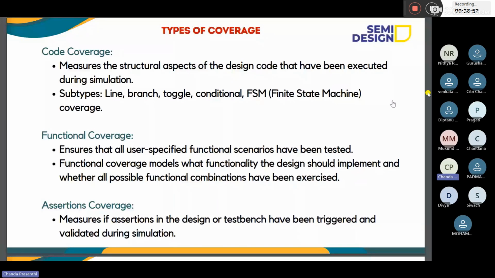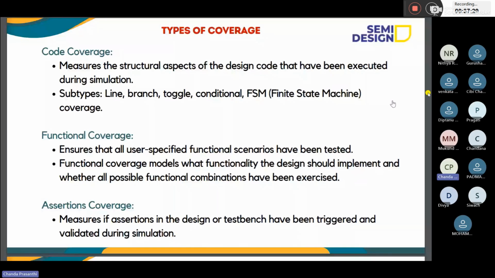Code coverage is mostly used by RTL design engineers to measure structural coverage like branch, conditions, if else statements, case, FSMs, procedural assignments, continuous assignments, generate blocks, blocking assignments, non-blocking assignments, and different loops. All these things come in a design, so if we do verification on them, that is code coverage.